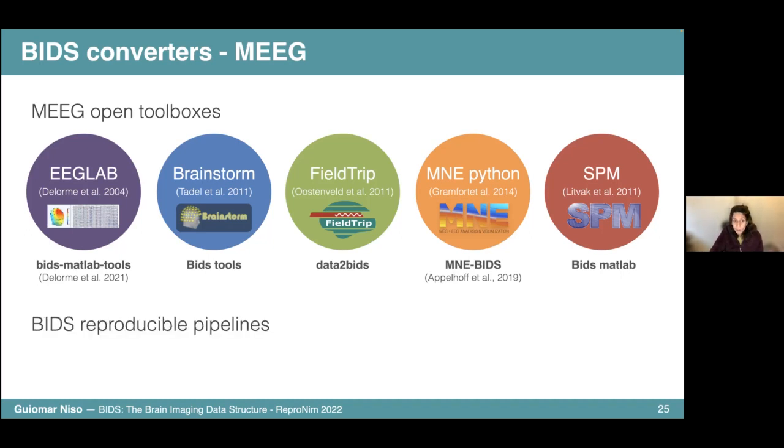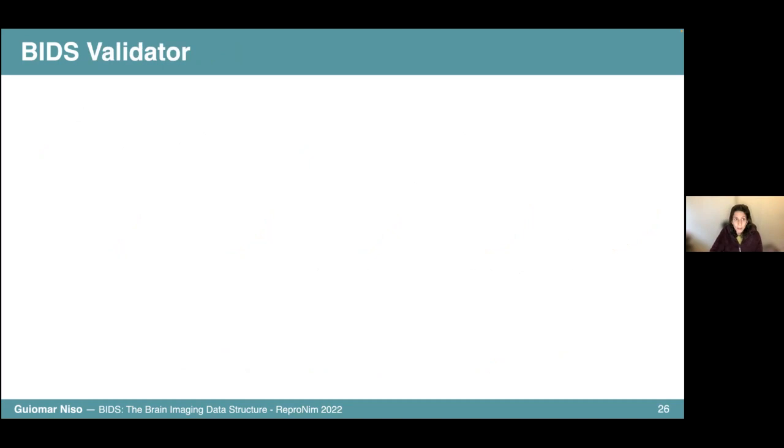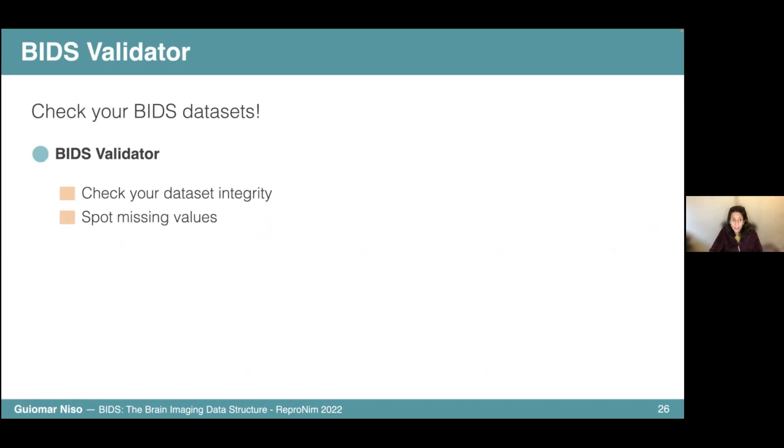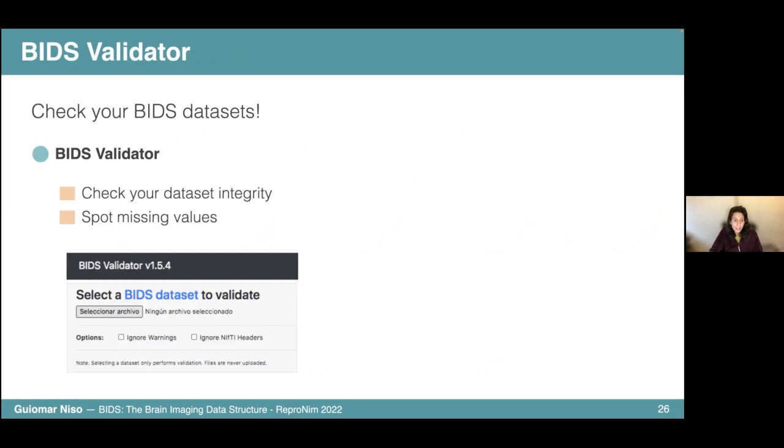And there are also, together with the converters, many BIDS reproducible pipelines that have just been released, where they show you how to process your data and reproduce with reproducible results. And another very important tool is your BIDS validator. It's the BIDS validator, which a good practice is always to check your BIDS dataset that it passed the validator. And then you can check your dataset integrity and spot missing values. And it's just as easy as